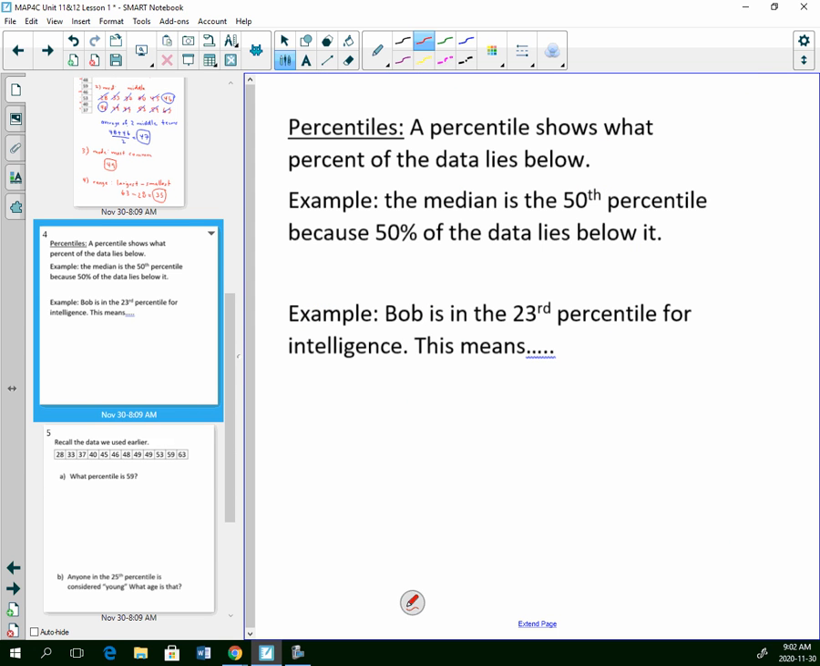Okay, percentiles show you what percent of data lies below a number. So for example, if I said the median is the 50th percentile, it's because 50% of the data lie below, right? So if it's the 50th percentile,